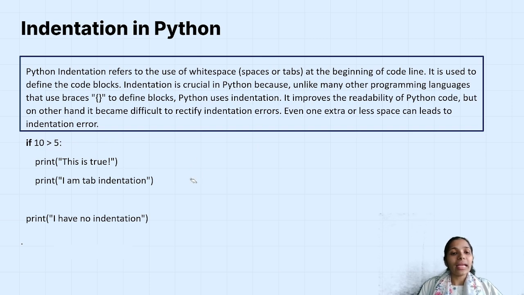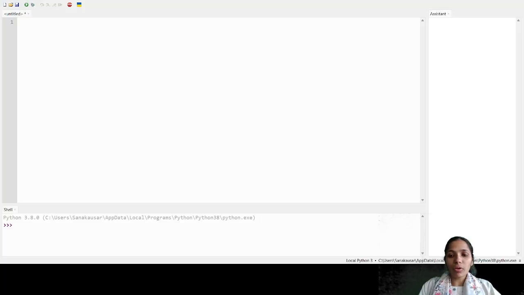So here indentation refers to nothing but the white spaces. So let's demonstrate one simple example here. We will go to our integrated development environment, and here I would like to code. Now for example, I give a condition: if 10 is greater than 5. As I click on enter, the cursor is placed automatically, the interpreter will understand to give certain white